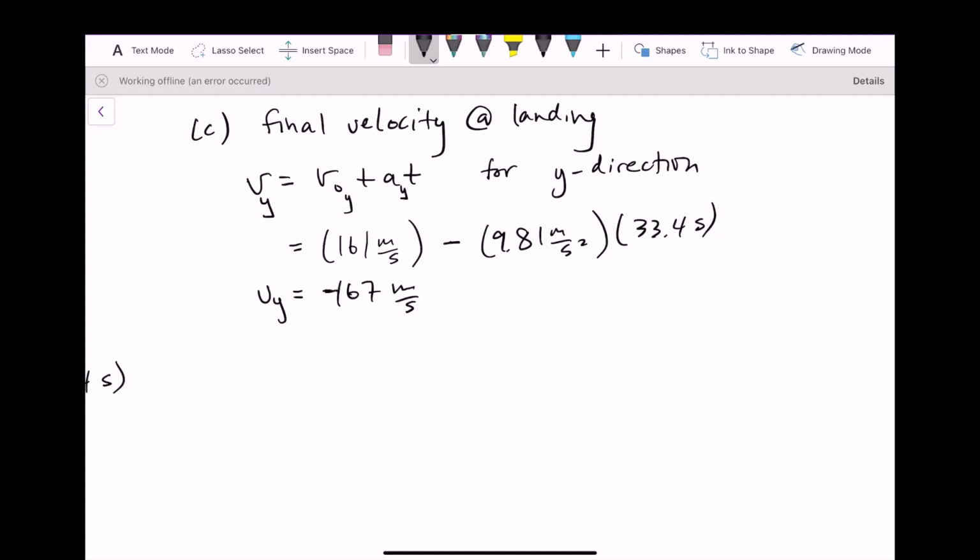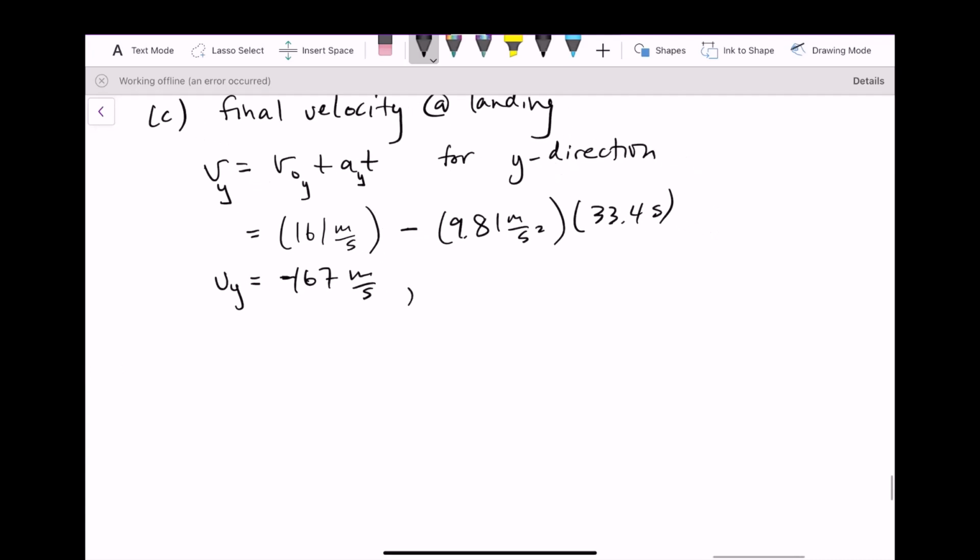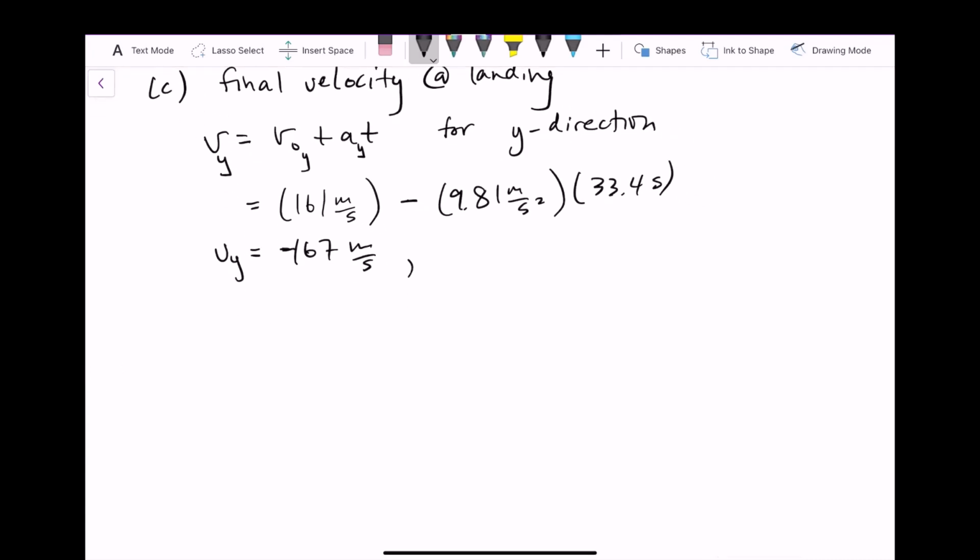So whatever initial velocity you have, the final velocity will be the same. So since we have a velocity in the y direction of negative 167 meters per second, we also have an x component of